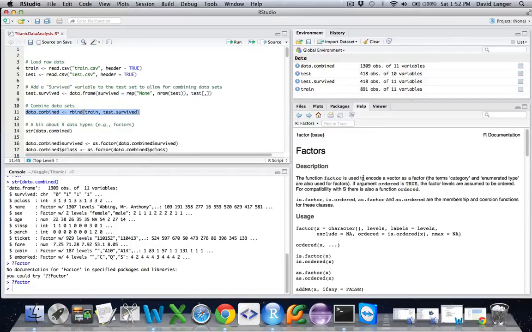A factor is used to encode a vector as a factor. And what's really key in terms of understanding factors is right here. Factors are what R denotes categorical or enumerated type variables. If you're an old school programmer who maybe used C or C++ or any of the derivatives of C like Java or C#, enums, same idea, right? Which is this idea that you can define a variable or a data type that only takes on a limited set of discrete values. And another way to think about it is factors are akin to drop-downs in a web